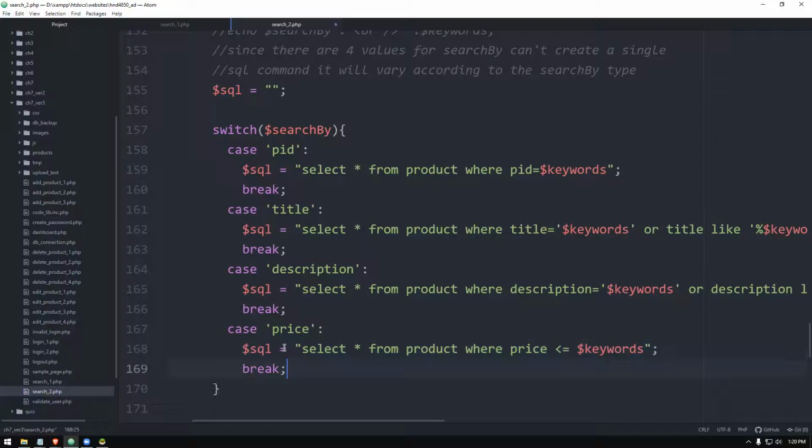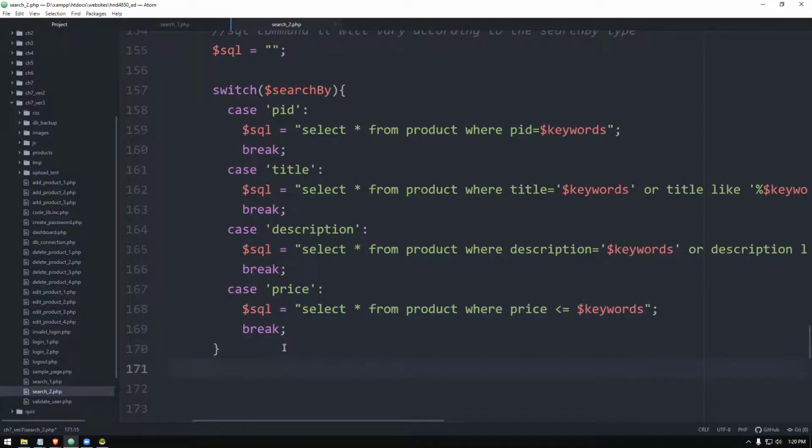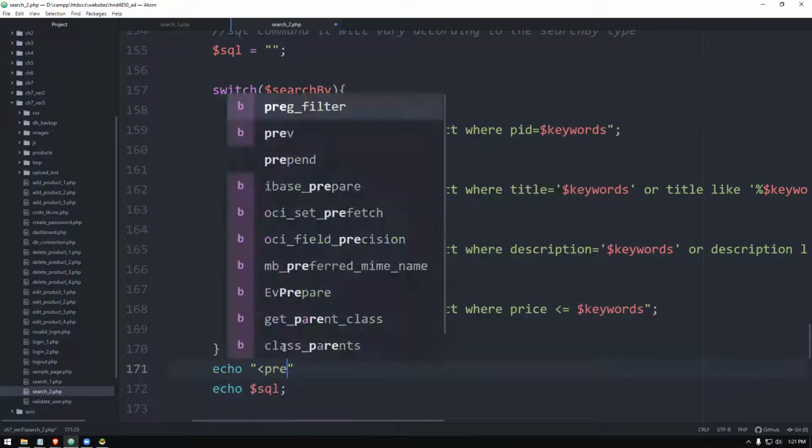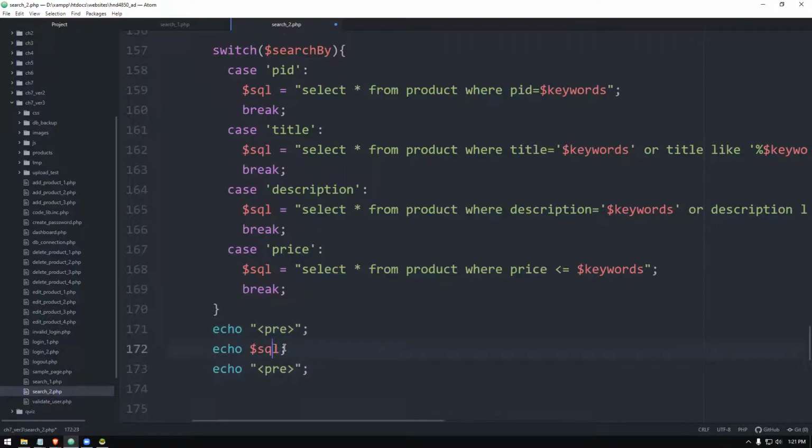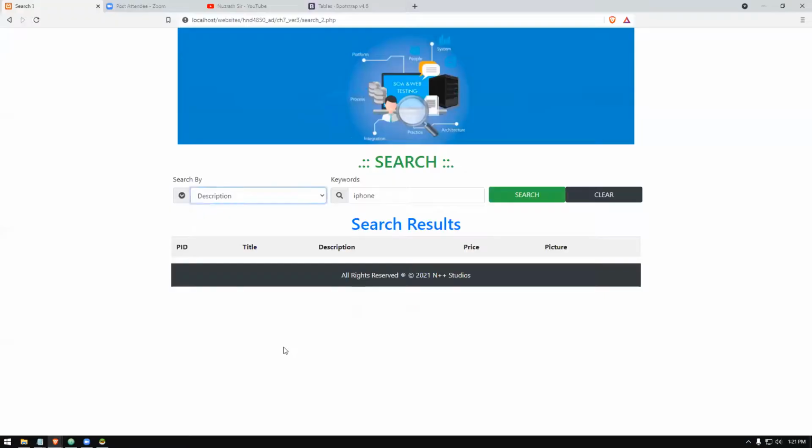So SQL command is here. Down here, I'm going to just print the SQL command and show you how it works for you. So SQL, right? Right, let's search by title and iPhone.